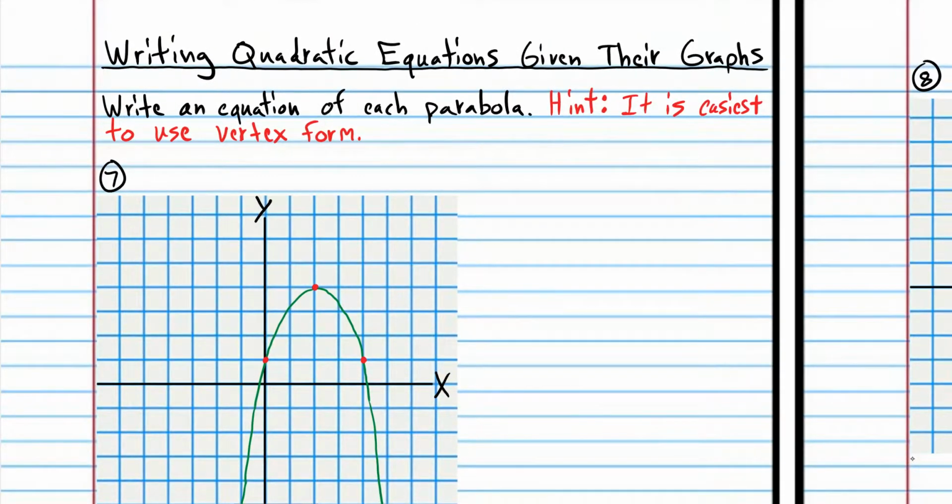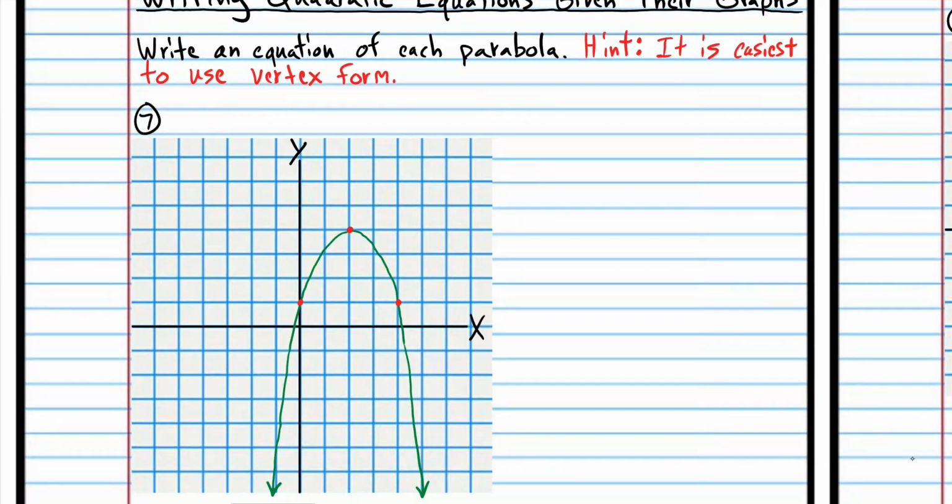Now notice here it says it's easiest to use vertex form. In all these problems we're going to be using vertex form. We're not going to be using standard form or intercept form. And you can kind of see why that is. I mean, we have the vertex. We can see the vertex just by looking at this